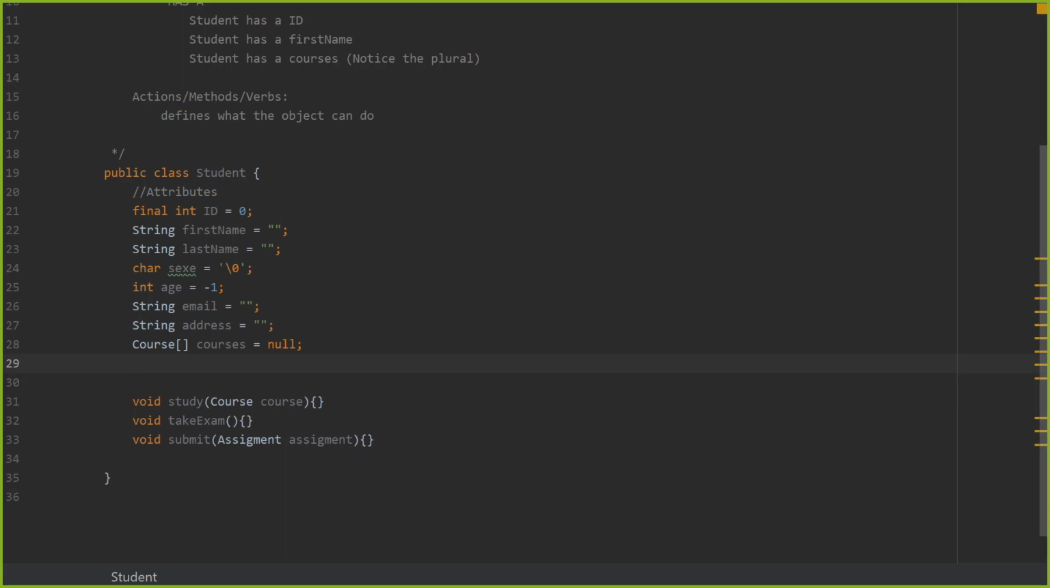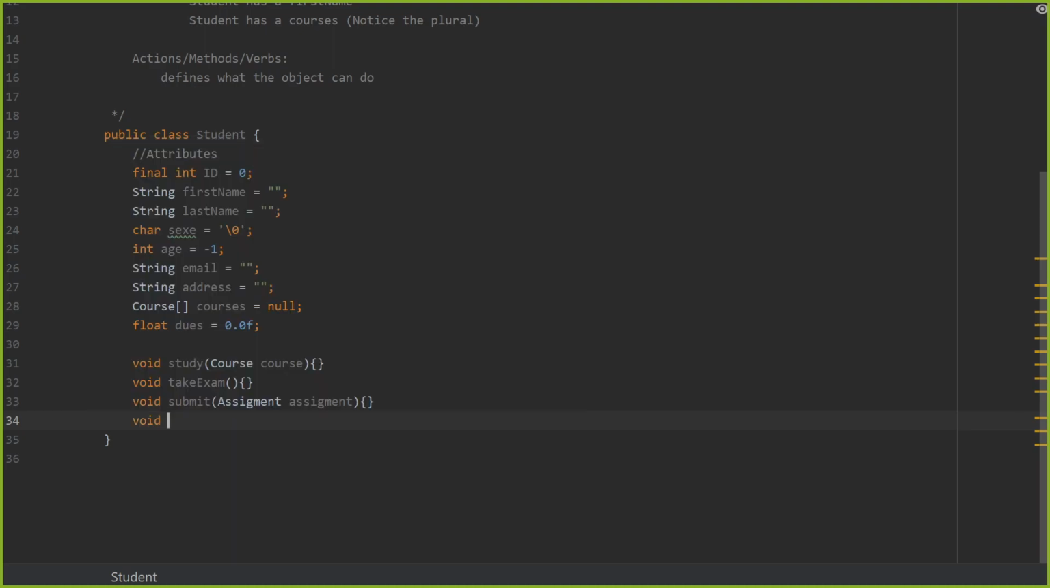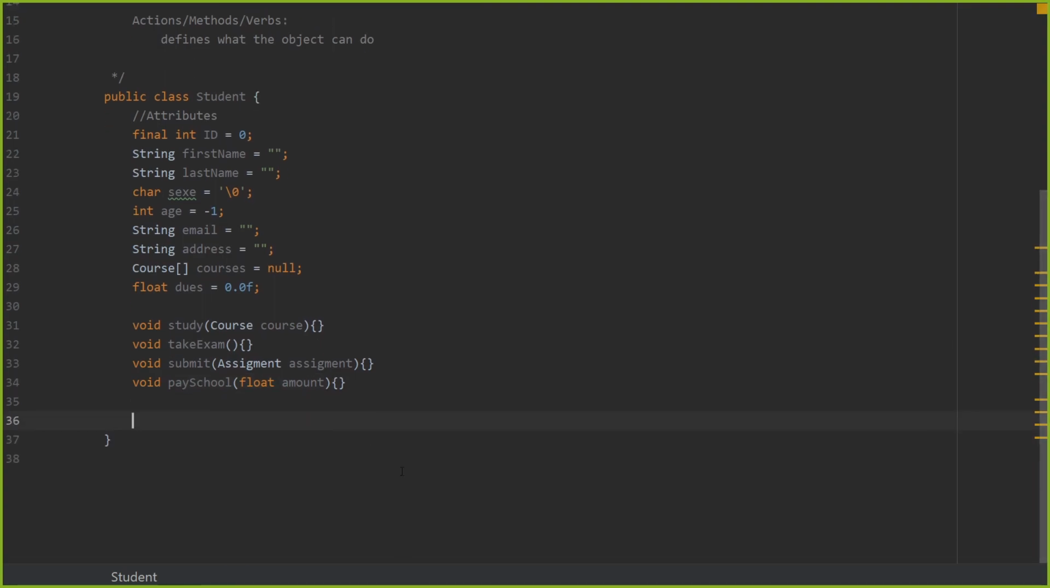Their dues, and in this case, what would be the type for dues? So it will be double. Actually, a float would be nice because after the precision, we only need 2, right? So we don't want to use too much. So dues, and over here we're gonna put it to 0. And over here we could say void pay school actually, and we could here say amount. Cool. Notice there's nothing in the body